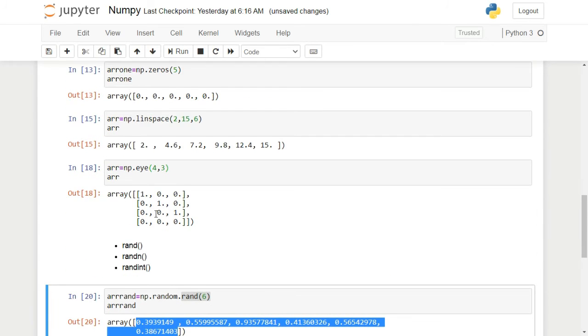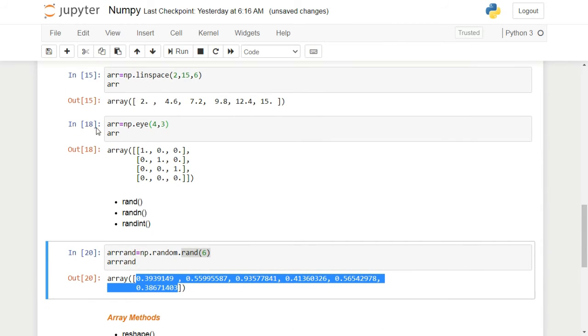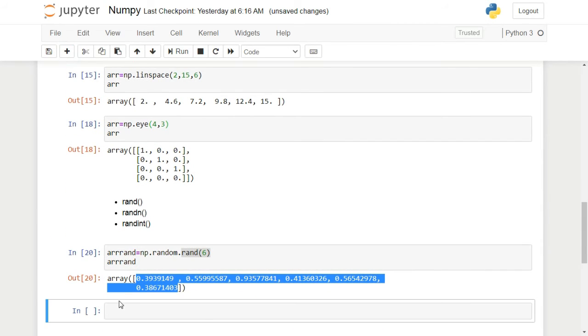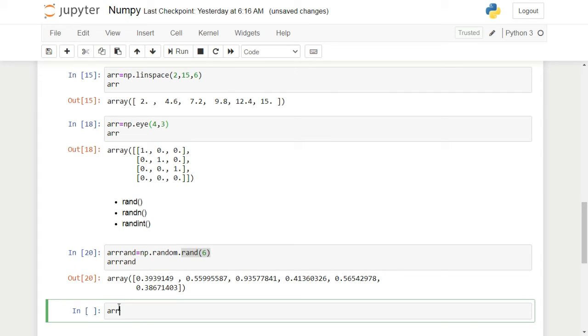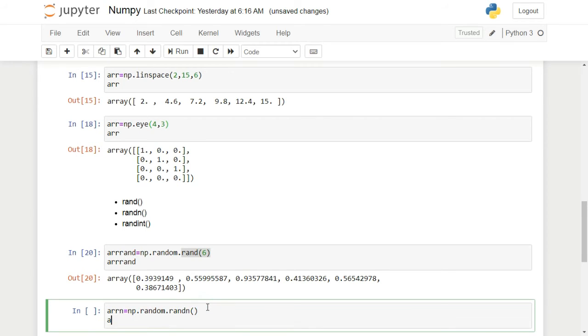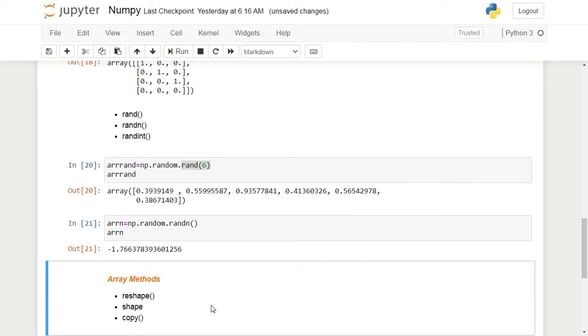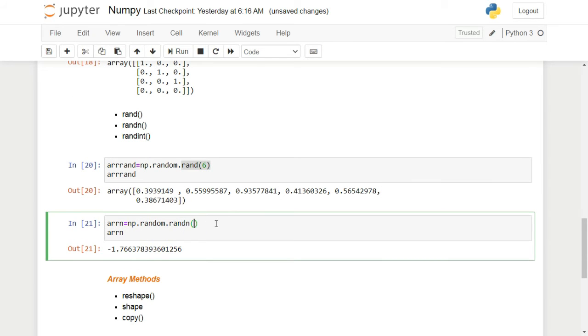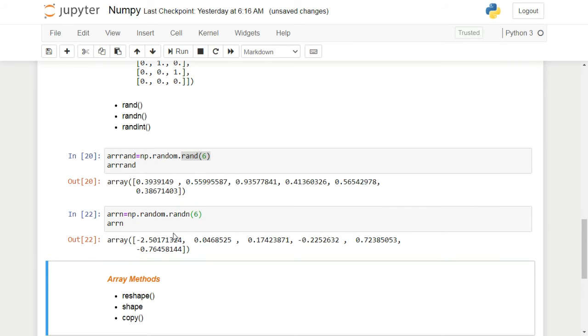Now coming to the next part, which is randn. Let's see what randn does. Let's say I have an array, arr n, and I'll do np dot random dot randn. Again let's see what output we get here. You can see I'm getting a random number, but if I specify how many elements I need, I'm getting an array again.